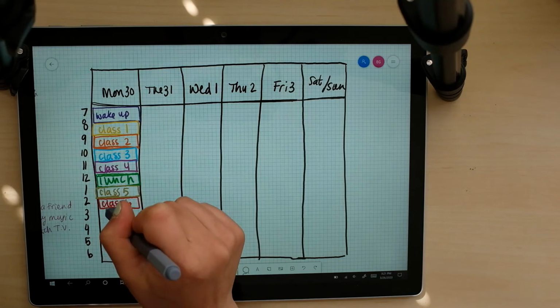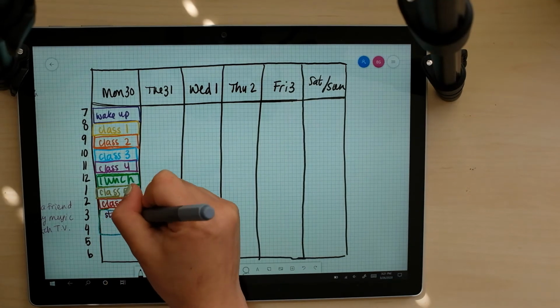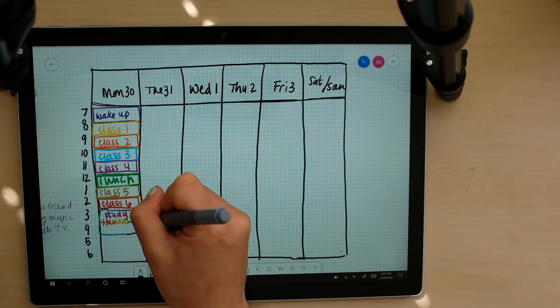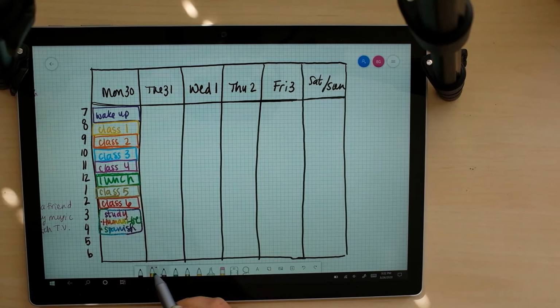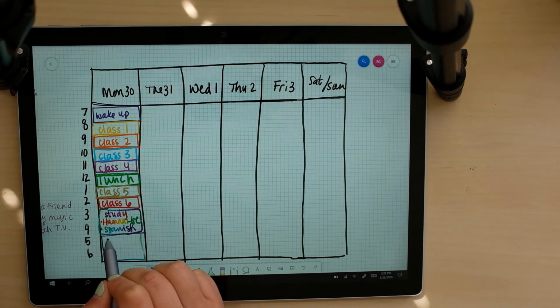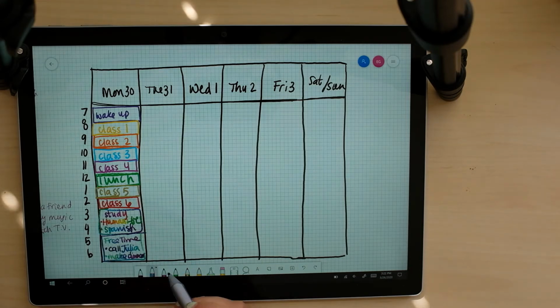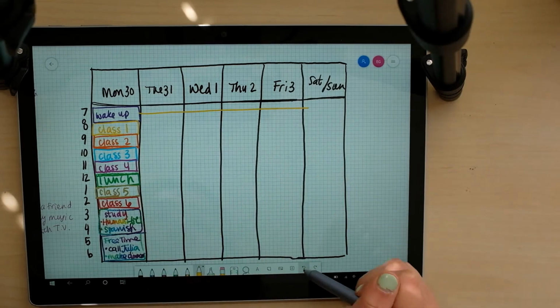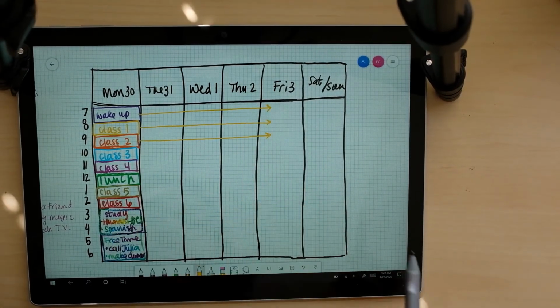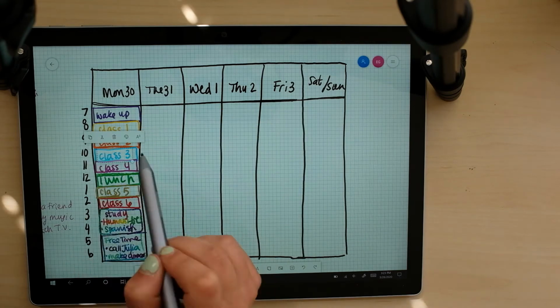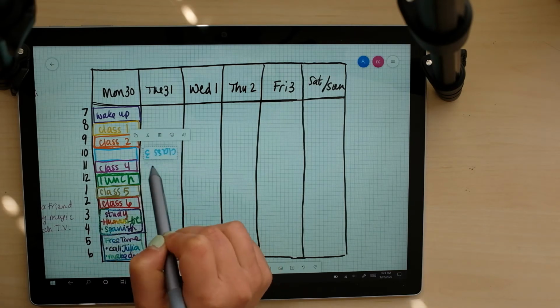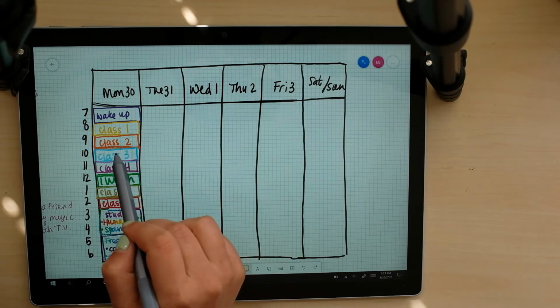And your classes are all finished by 2, and then you can study, write out what you want to study, and then you can write out what you want to do with your free time too. If you know that you have recurring events or classes, then you can draw arrows. One of the benefits of having this done on an electronic device is that you can copy and paste or